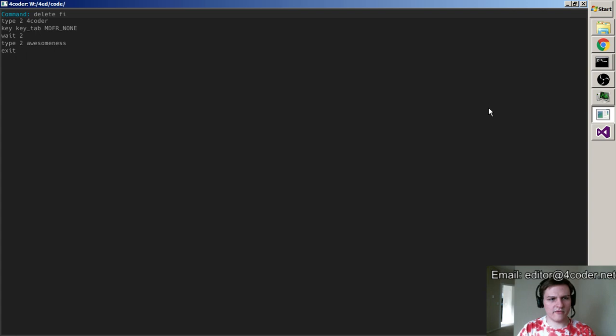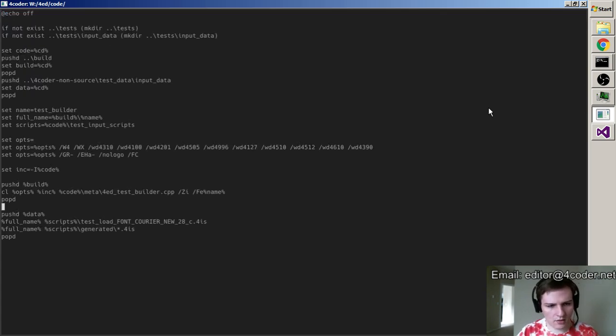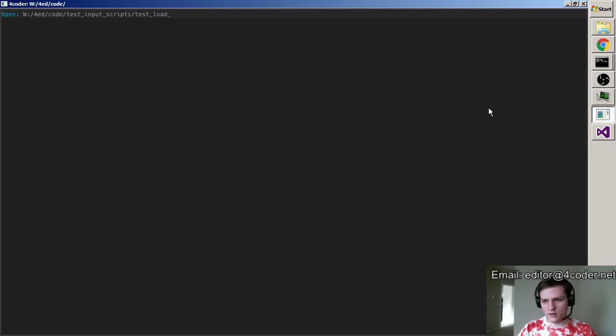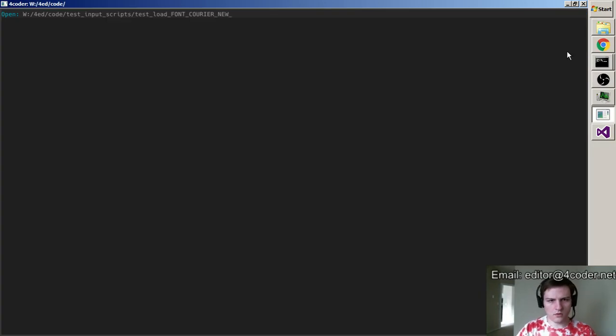Thank you, my old file friends who helped me to bootstrap the system up, get it running. Now we're gonna start building real tests. All right, font Courier New 28 c.4is. So this is going to have a base weight of 1, and then we're going to